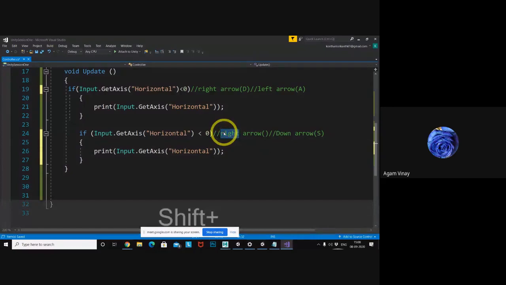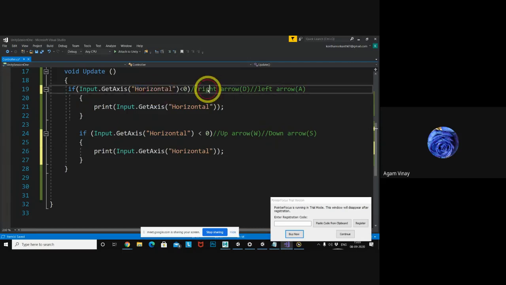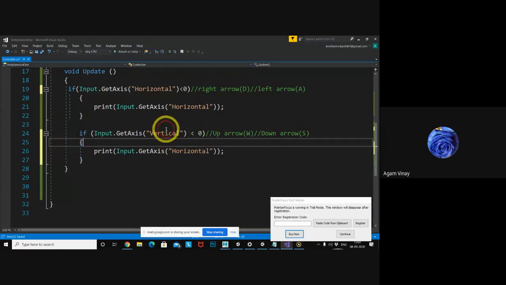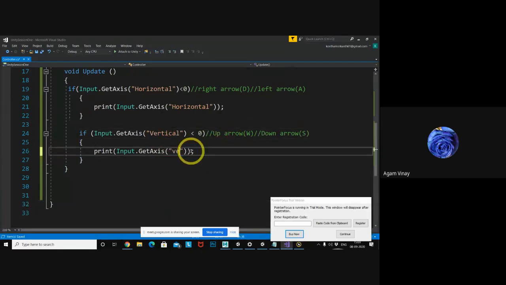Up arrow is the letter W. Understood? So these are the axes from the keyboard: horizontal keys are right arrow and left arrow, and up arrow and down arrow are vertical. Like that. Okay.